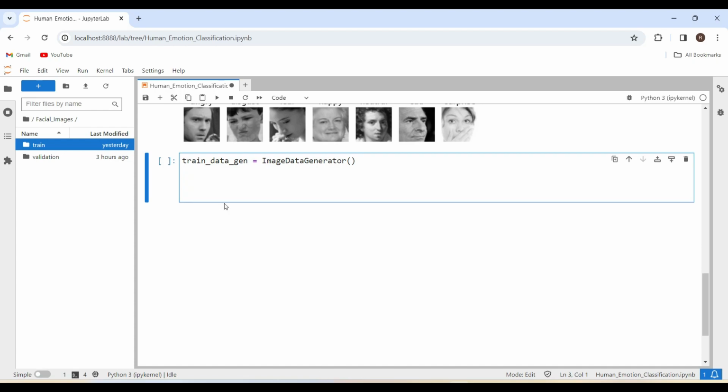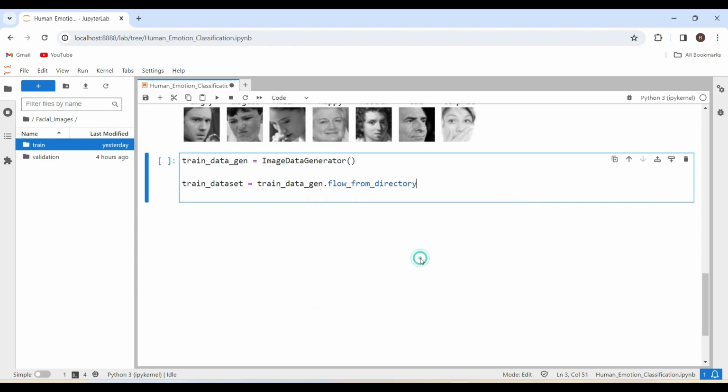Once we have this, we have to create the train data set, train data set equals train data gen dot